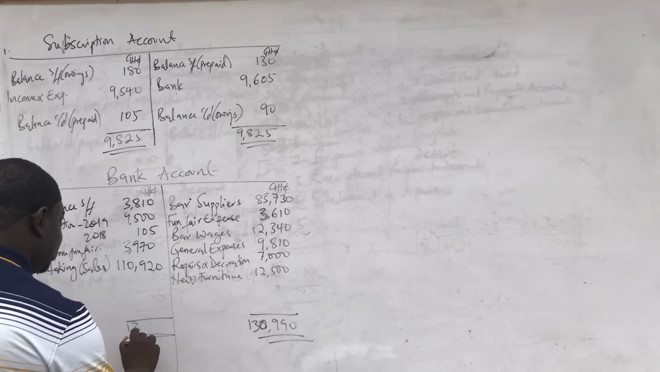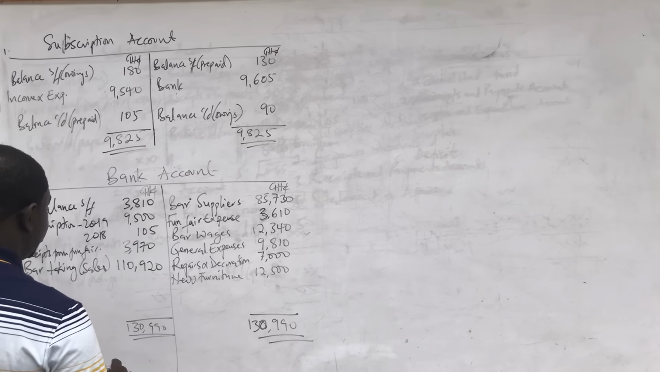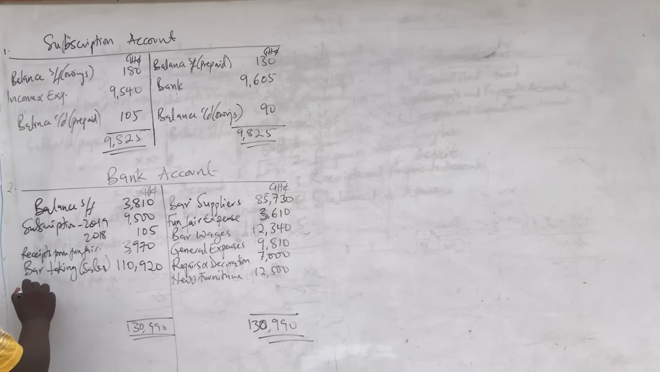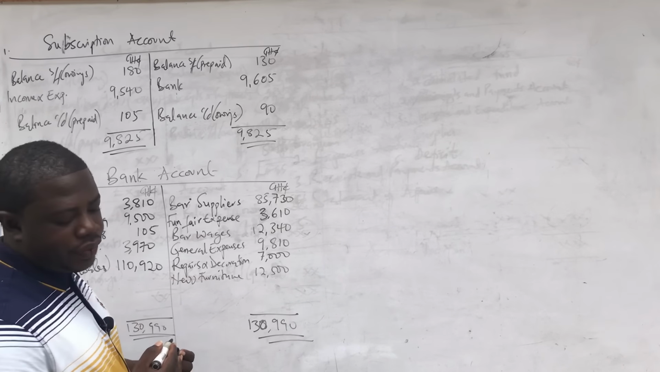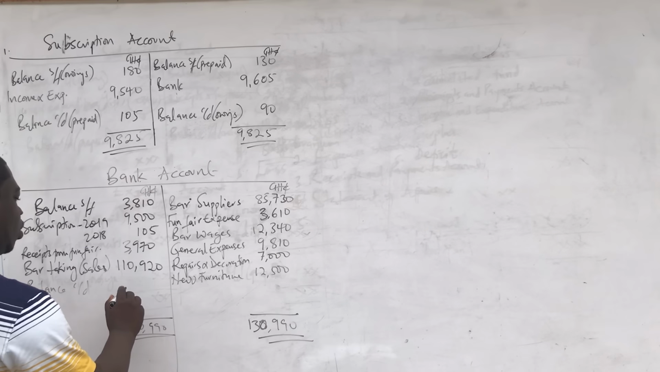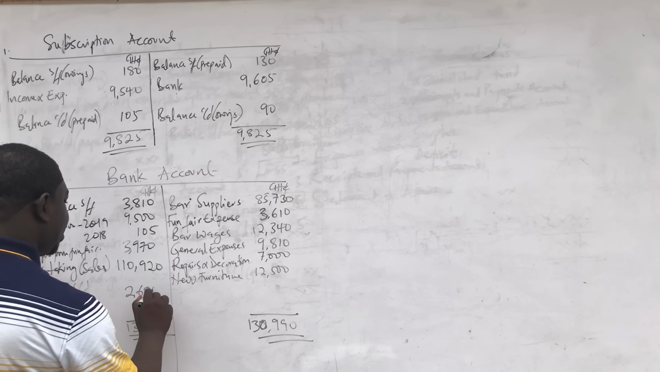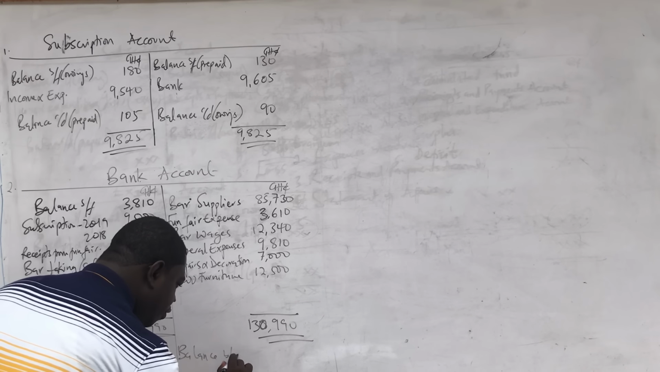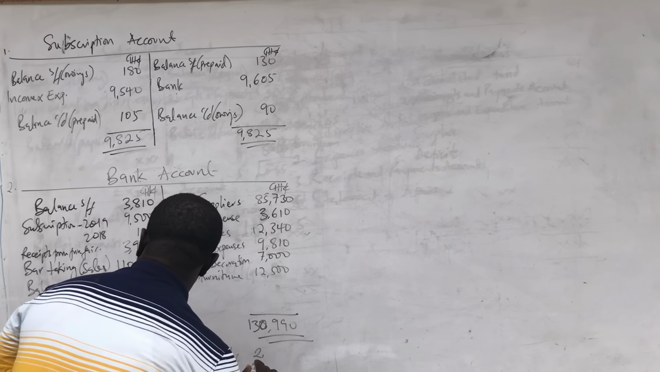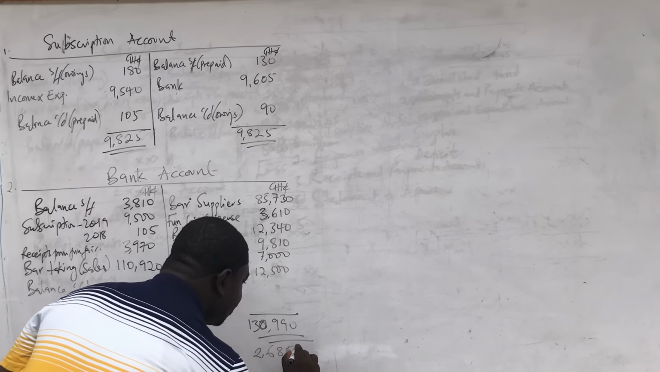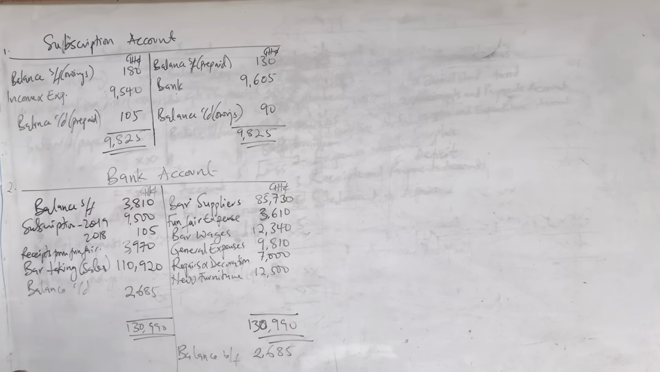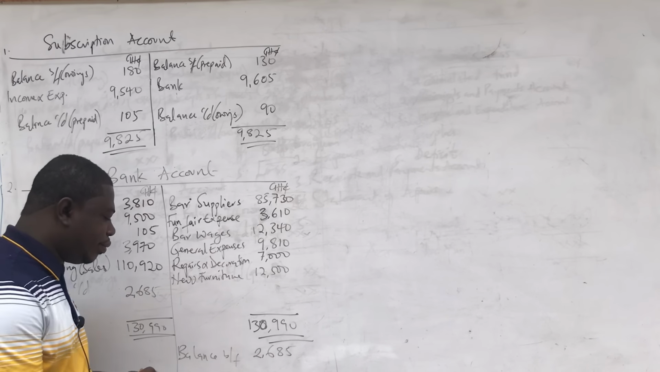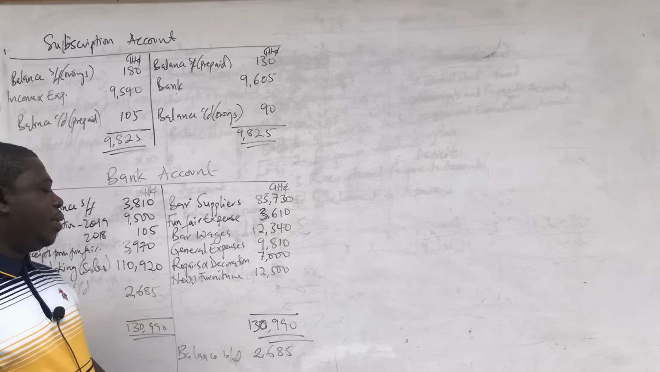And the credit side is the same, 130,990. So it means that our difference is going to appear on the debit side. That is the balance carried down, and the value is 2,685, meaning that our balance brought forward is 2,685. So that is a balance brought forward, meaning that we are getting, balance brought down,